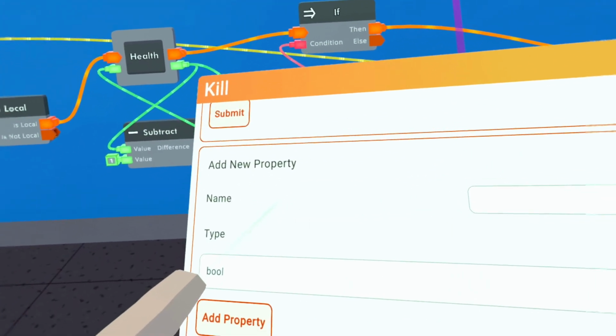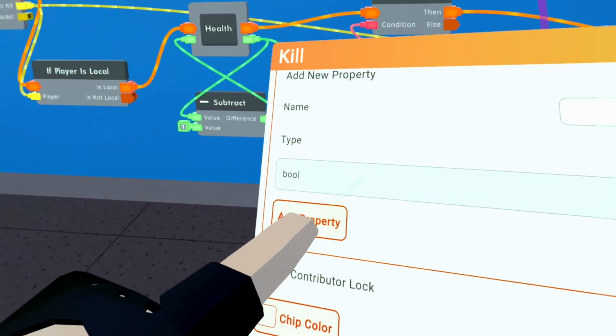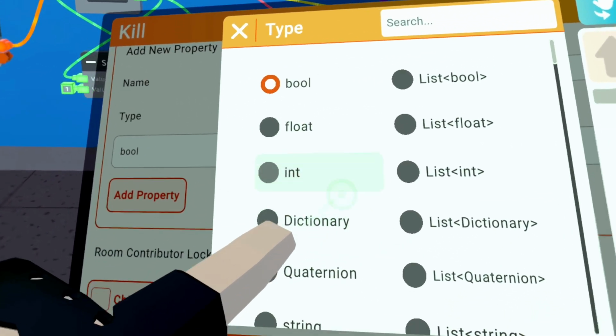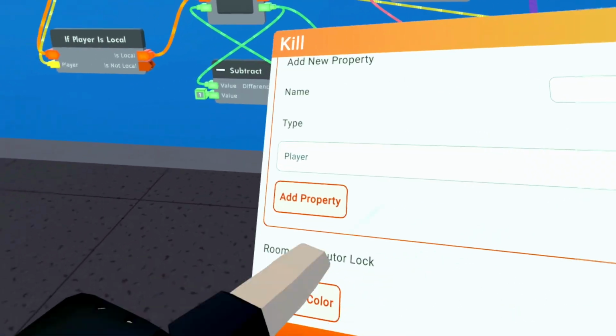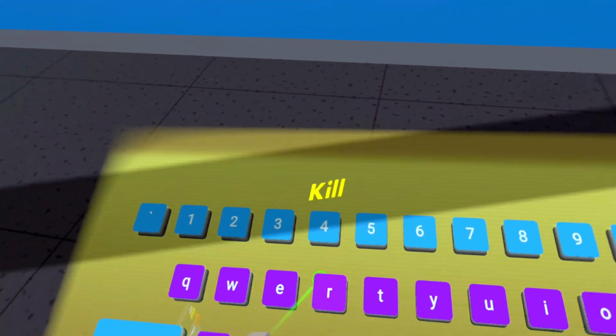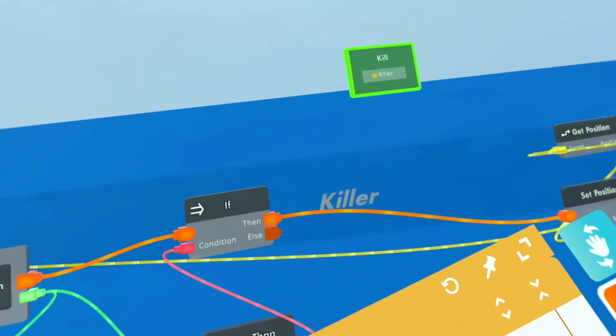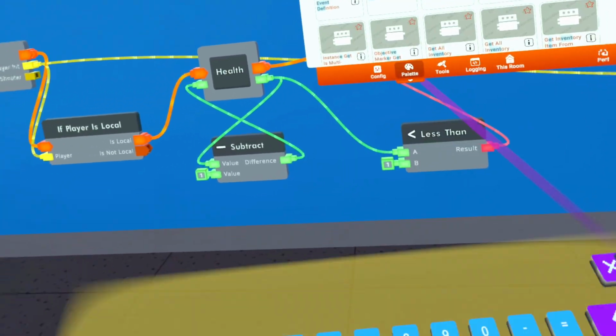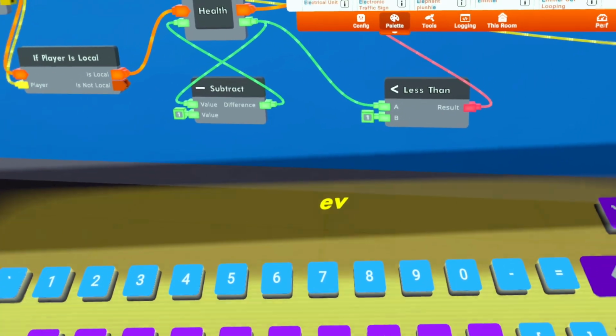We just don't need that. Just need the player that's been hitting you, basically. Okay, that's a little bit drastic, but we want to just